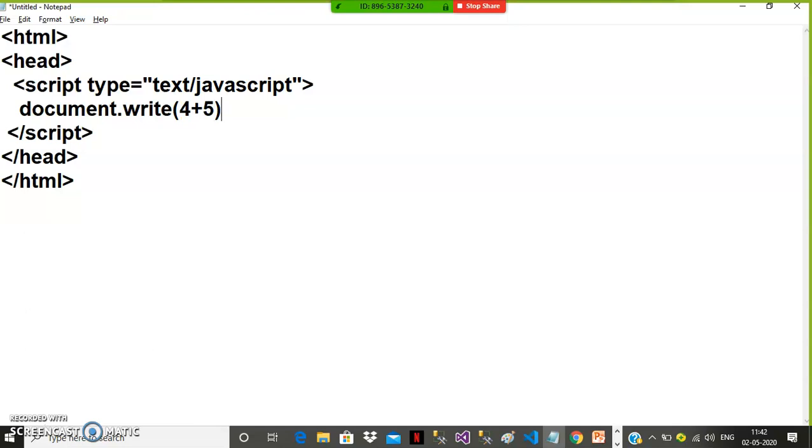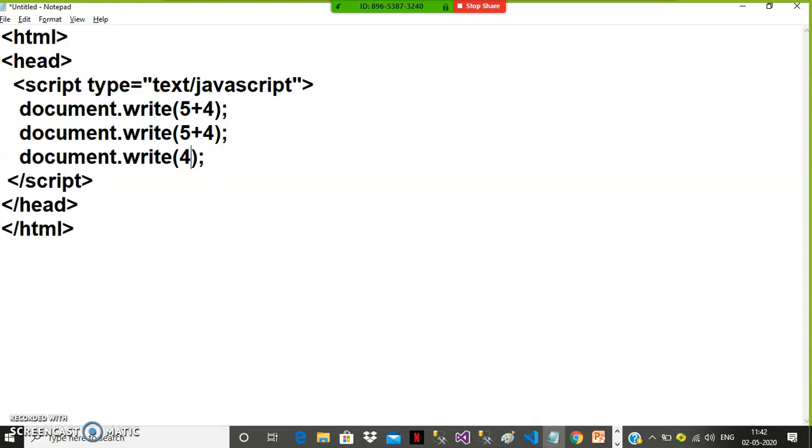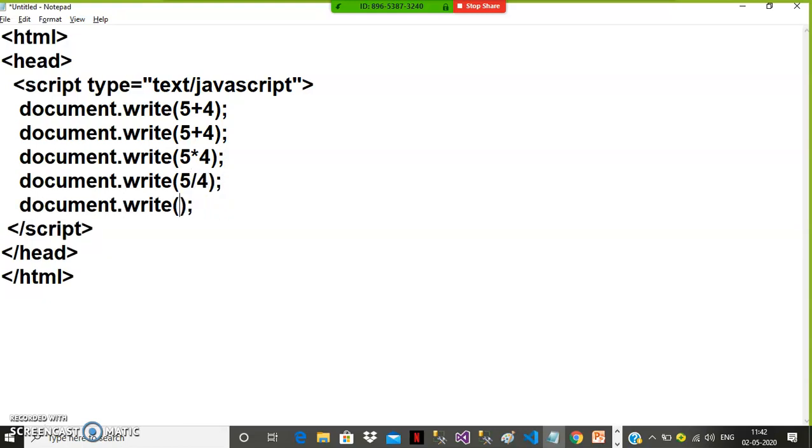Document.write of 4 plus 5, let us see the answer. Similarly 5 plus 4, 5 minus 4, 5 into 4, 5 by 4. Whatever you write inside this bracket, it will consider as an expression and directly solve it.